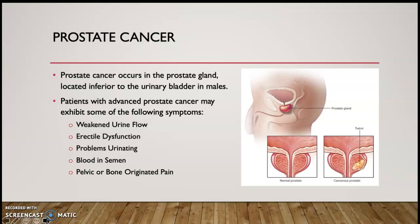Prostate cancer originates in the prostate gland. Since males are the only ones that have a prostate gland, this particular cancer only occurs in men. The prostate gland is located inferior, or just below, the urinary bladder. The tube that is seen passing through the prostate gland in the image to the right is the urethra. The picture shows what a normal prostate gland looks like, and then illustrates what a cancerous tumor could look like